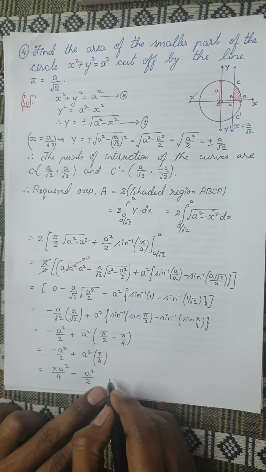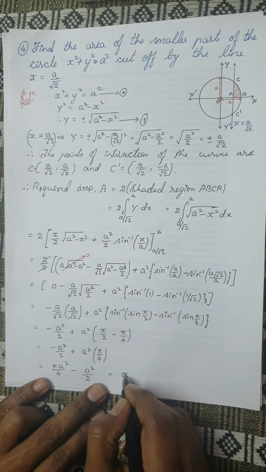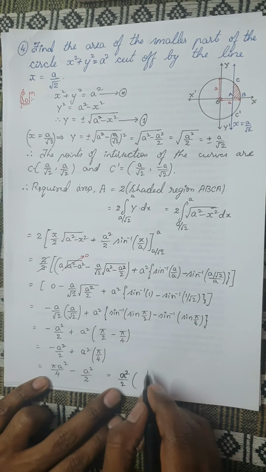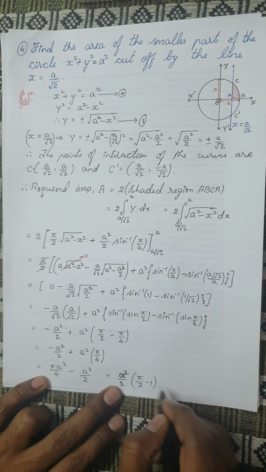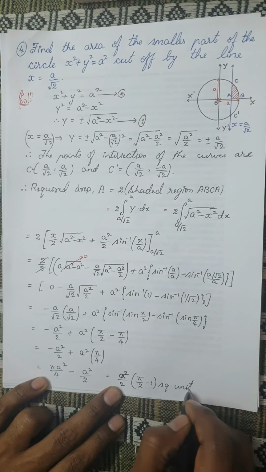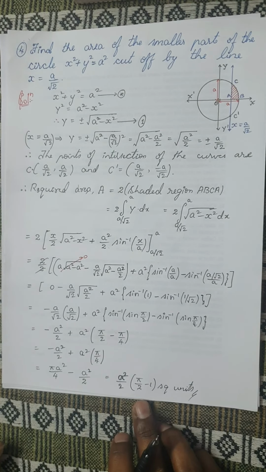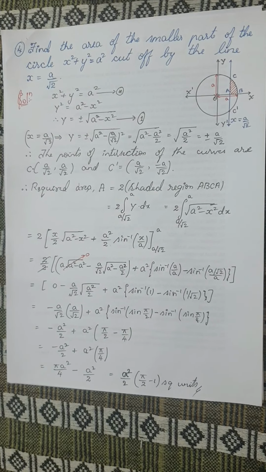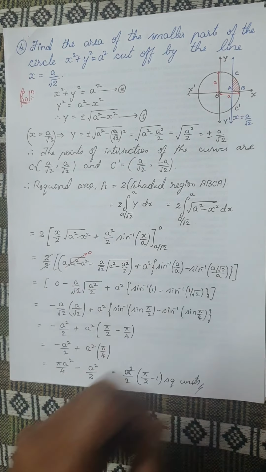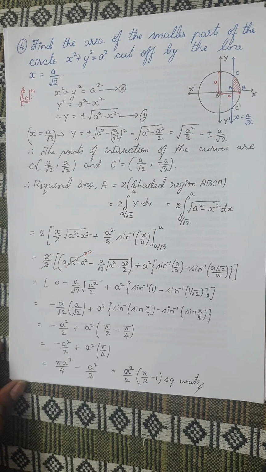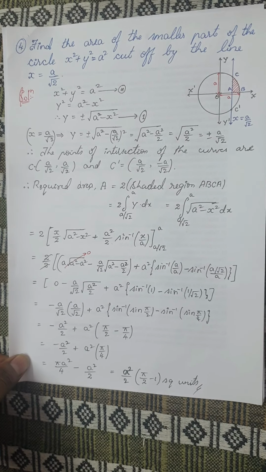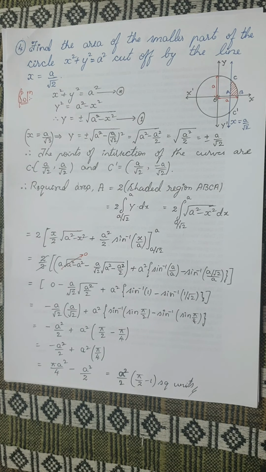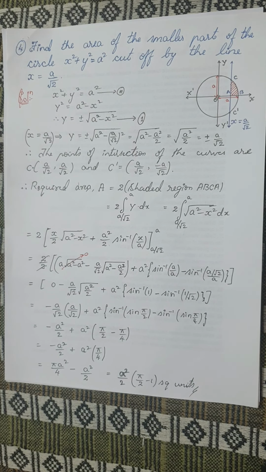Okay, this was the required solution. Or else if you want, you can take the common term. What is the common term? I have a square by 2. So if you take a square by 2 common, you will get pi by 2 minus 1 square units. So this is the required area of my shaded region. Okay, dear students, all the 4 questions are under the same formula, integral of root of a square minus x square. You can easily solve this and get 5 marks, provided you practice the questions once or twice. Only when you practice them, you can easily solve this, right? Okay.